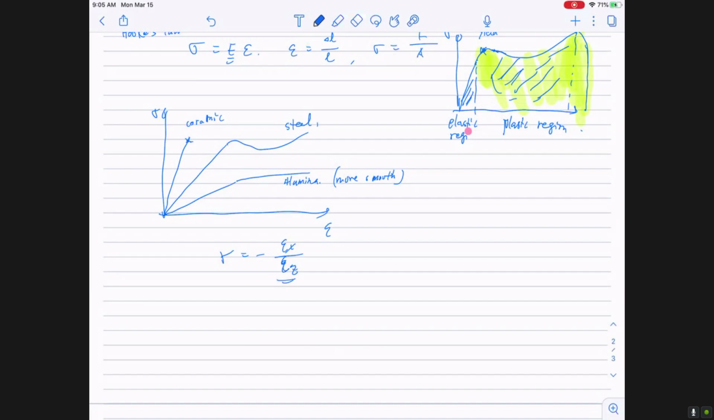during the surgery, the wire is elongated by 0.3 millimeters. So we assume it is elastic,